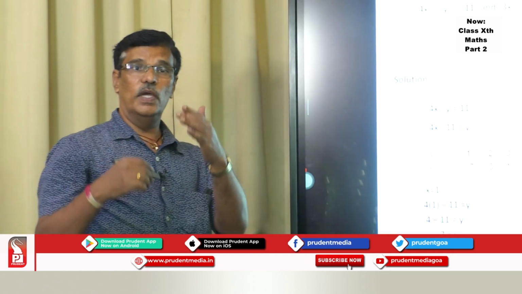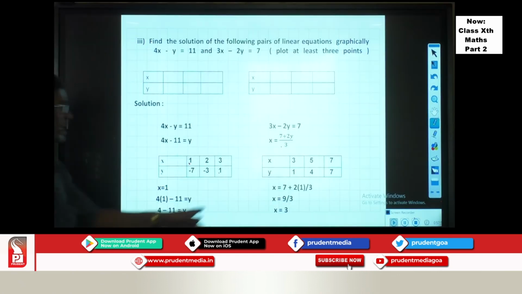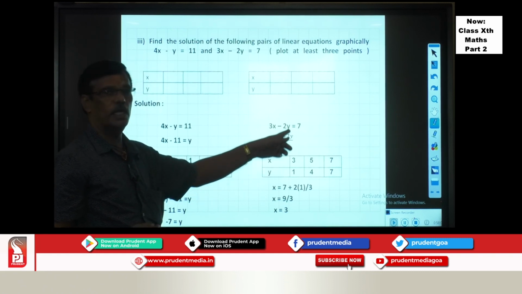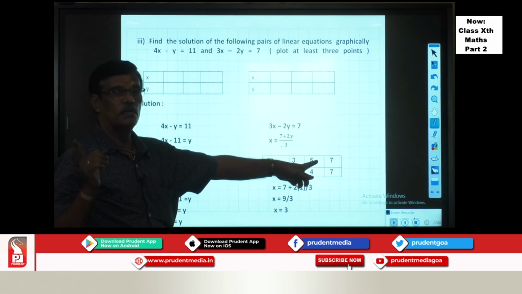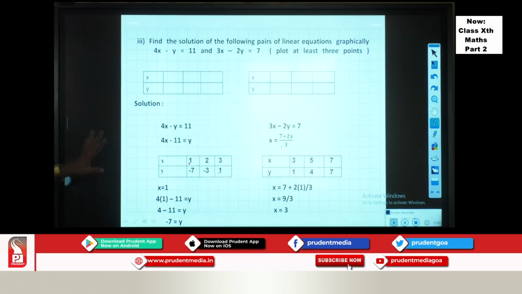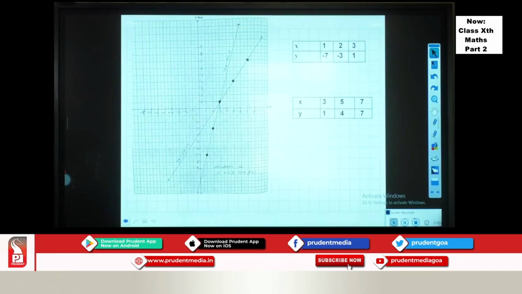So now you have to practice such types of problems in such a way that whenever you substitute the value and you are adding or subtracting, you are not getting the answer in decimal points, but you are getting the answer in integers. So once we get these integers, let us plot these points on a graph page.